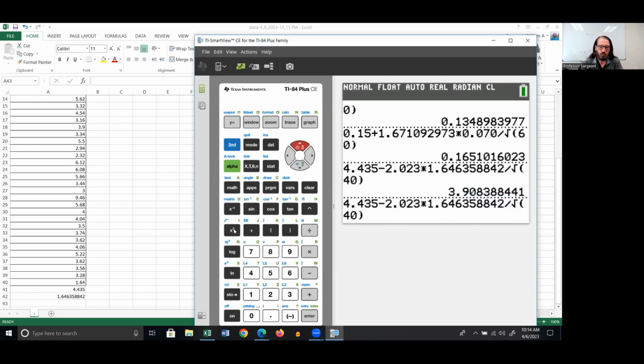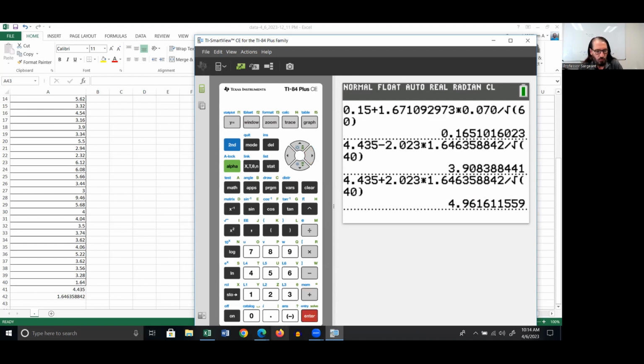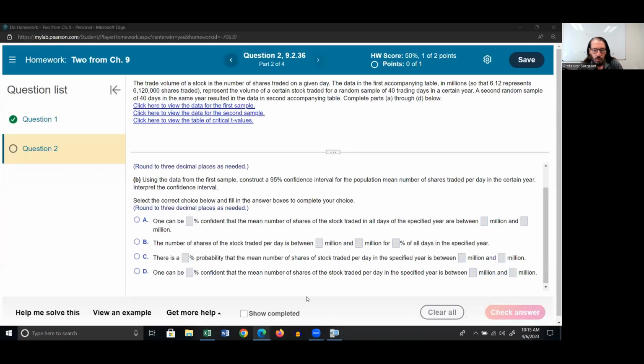So when we switch it to addition, we'll have our upper bound. So I've got both pretty quickly. And let's see here. We can be 95% confident